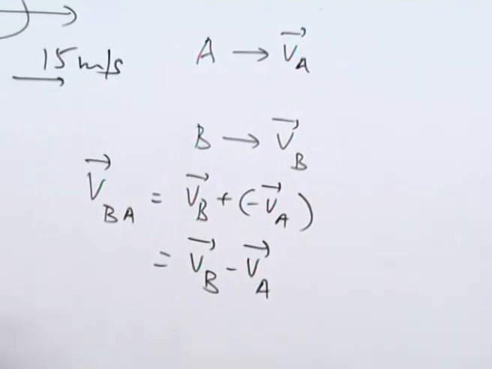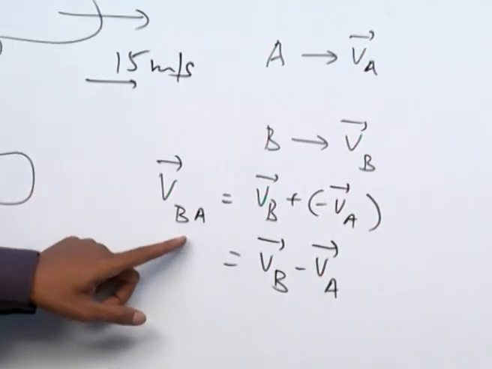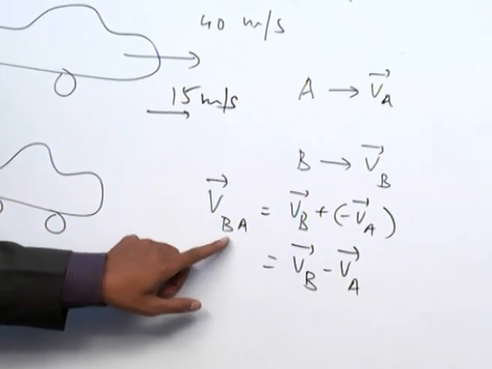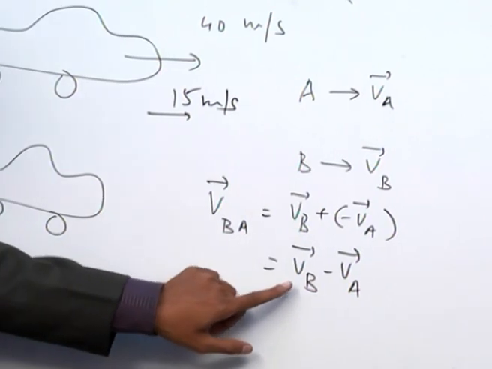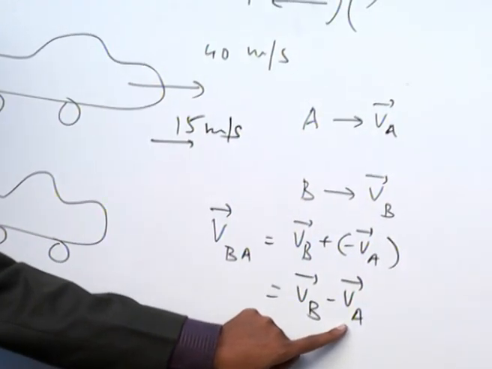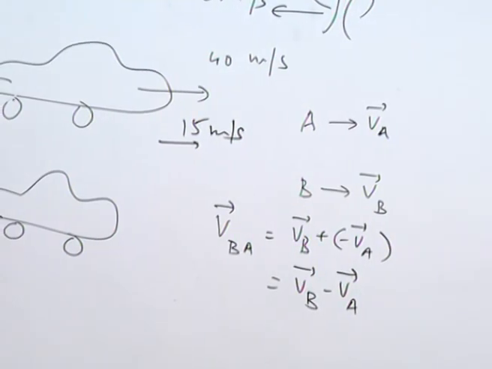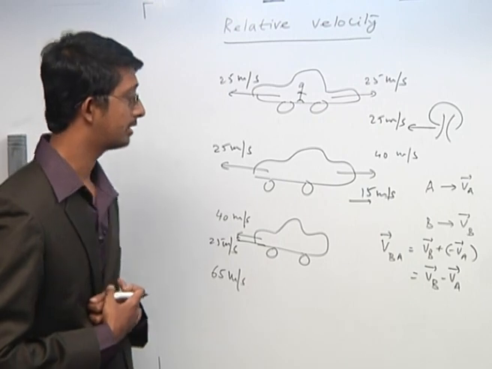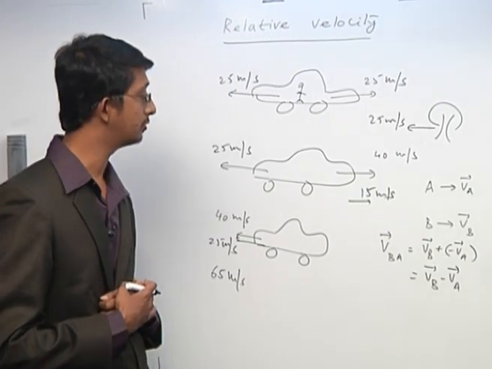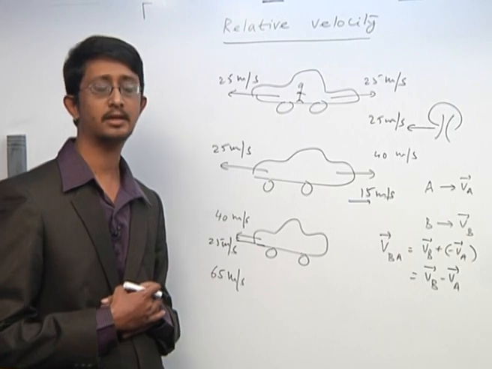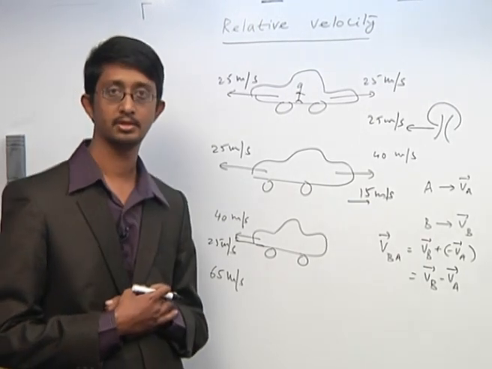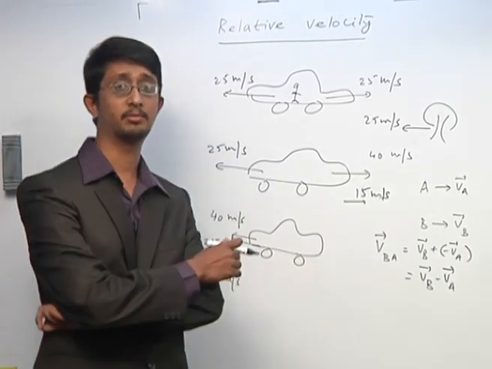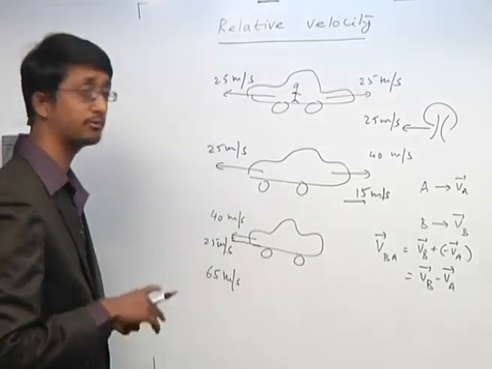So you see that I read this as velocity of B with respect to A. In between I add the word with respect to. Velocity of B as seen by A is simply velocity of B minus velocity of A. Okay? So the concept is very simple. Now the application of this concept, it can be applied to many different scenarios. So we will start one by one discussing these scenarios. We have three types of scenarios where this relative velocity will be applicable. So the first one which I want to discuss